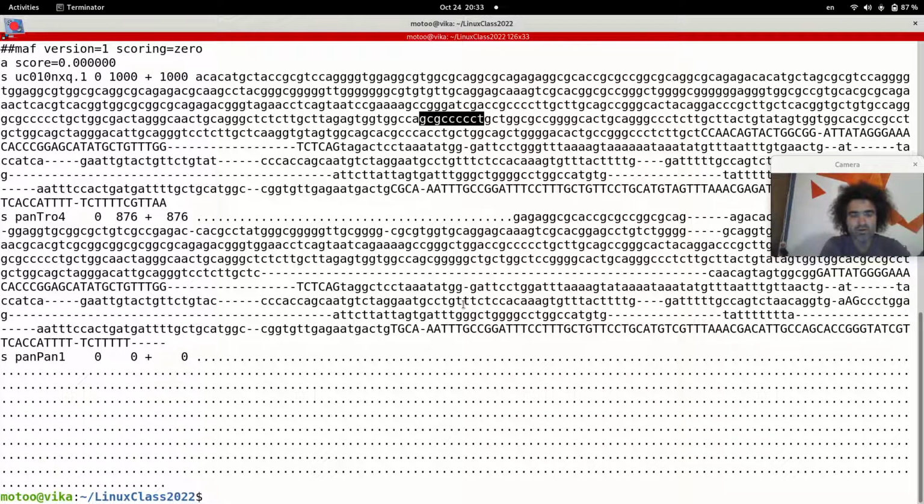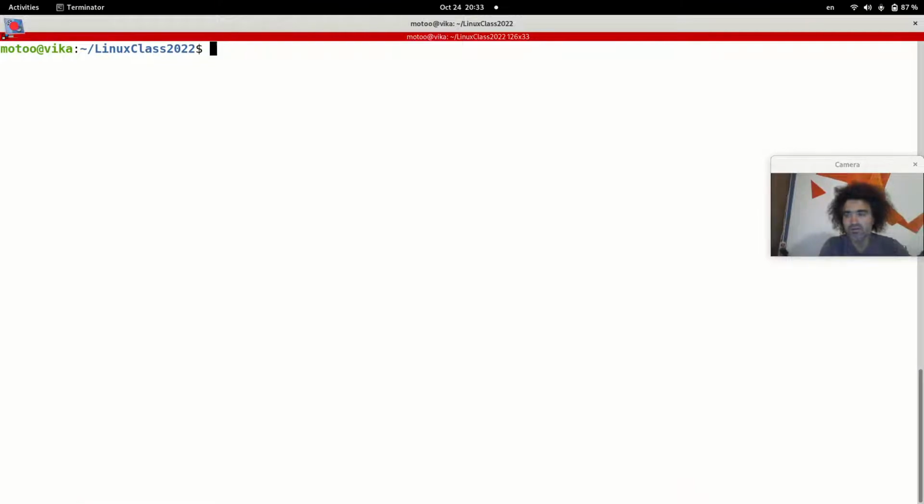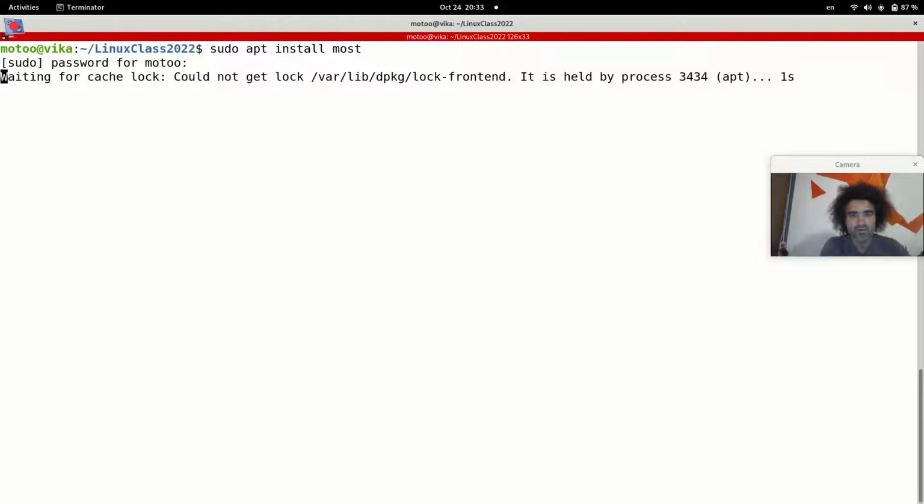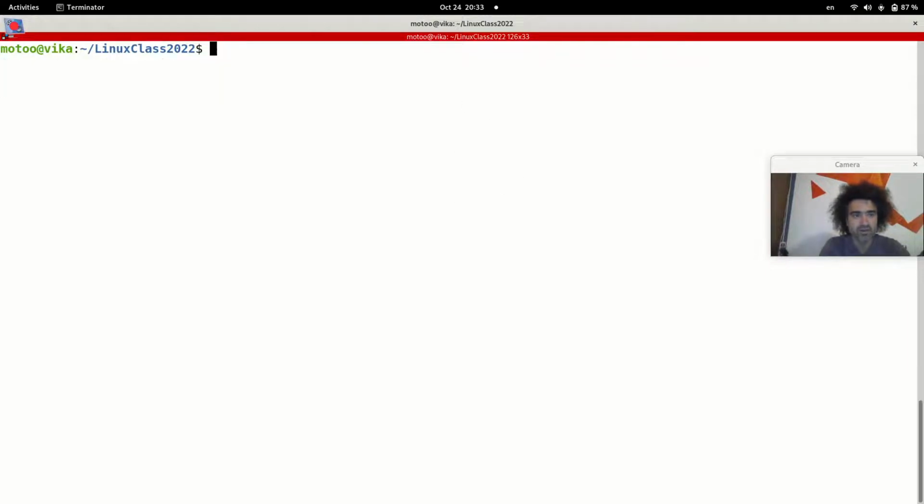Another interesting program that is not there by default in Linux, but you can install it easily, at least using sudo apt install, is the program most. Maybe I have installed it already. Okay, it's locked because some process is using apt. But I think I have installed it. So, most,